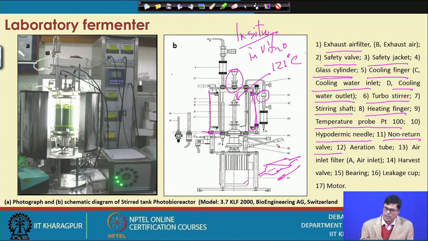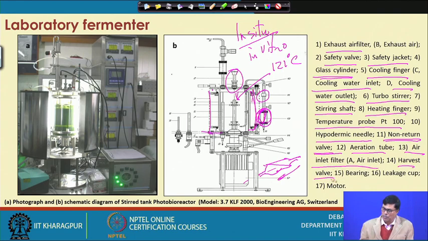So why is it like this? Suppose there is a power failure, and the liquid comes out due to some other reason, and here you have a filter, and if your liquid comprises a lot of organic material and enters the filter, then the filter will be spoiled, because it will be contaminated, so your air cannot be sterilized. So to avoid that, we should have this non-return valve or one-way valve, then aeration tube, then air inlet filter,